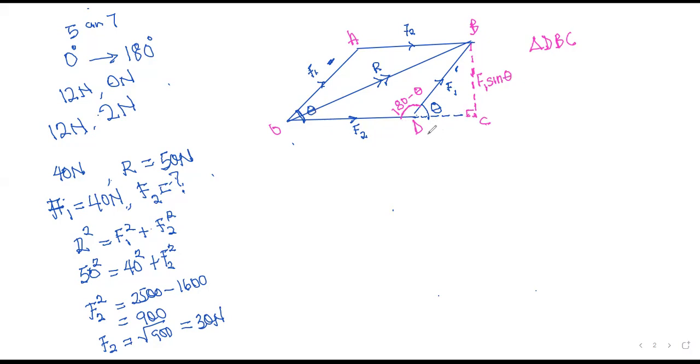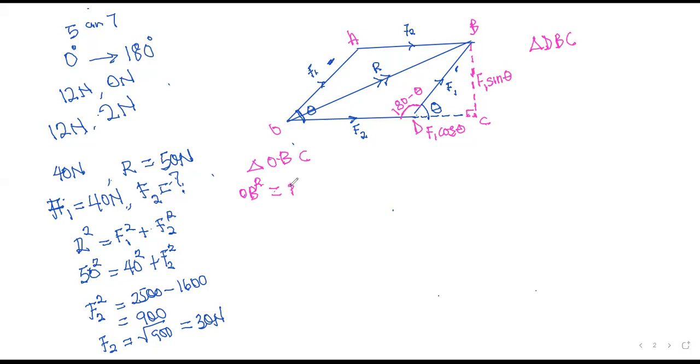And this component would be F1 cos theta. Then when we consider triangle OBC using Pythagoras theorem, OB squared, which represents the resultant or the hypotenuse of that right angle triangle, will be equal to